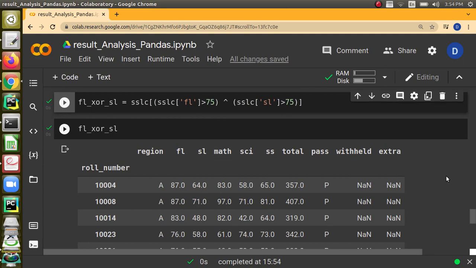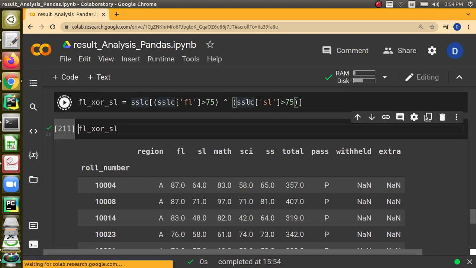And XOR is also possible. For XOR, we will be using this cap symbol. The purpose of XOR is if the student has scored in one of the languages, but should not have scored in both languages, then we can go for this XOR.